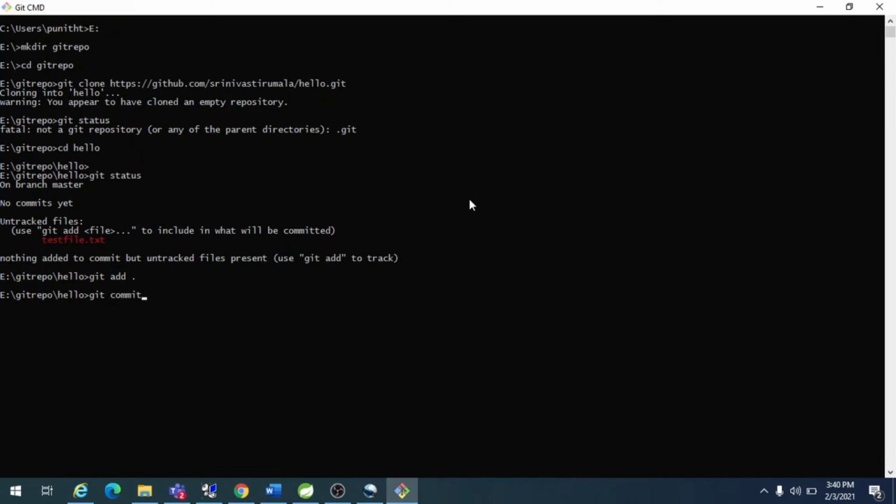How do you commit? git commit -m, and if you want to put any message for tracking, I will put initial version. This is added. Now you have to push, git push origin. This will push your file to the repository.